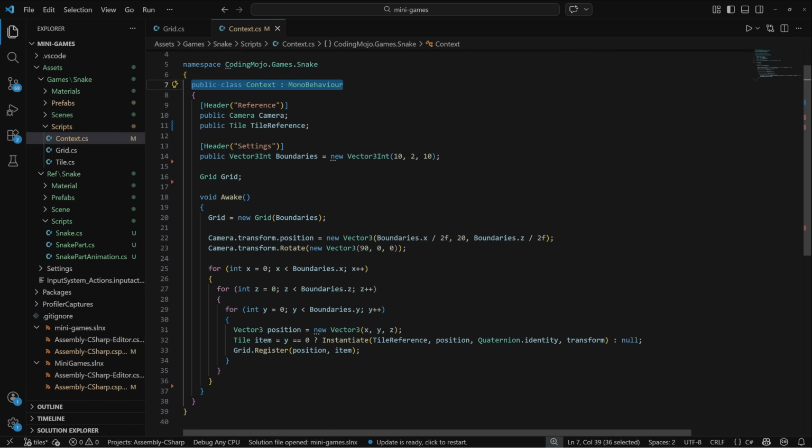This class will expose a few important variables: a reference to the scene camera, a reference to the ground tile prefab, a public boundary variable, and a private grid variable. Next, we use the awake function to initialize our game state. Inside awake, we'll create our grid, position the camera so it's centered, loop over each available position and create a